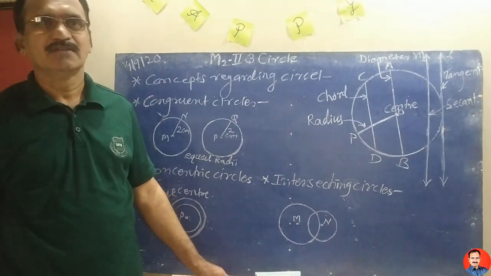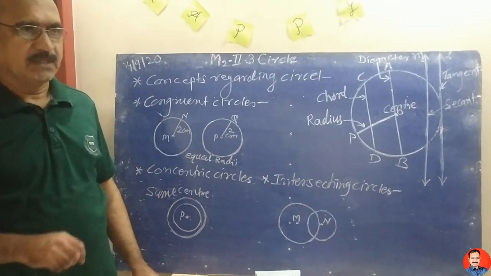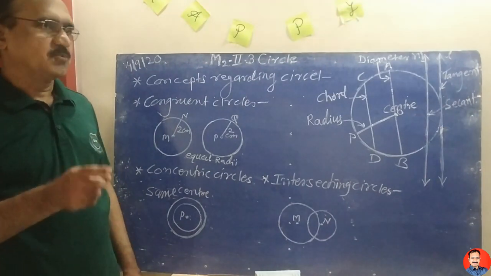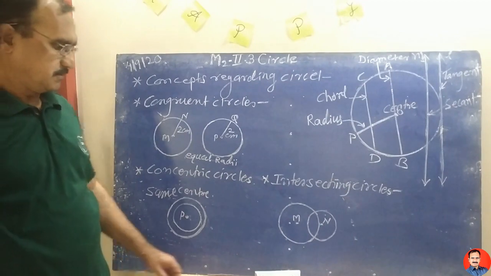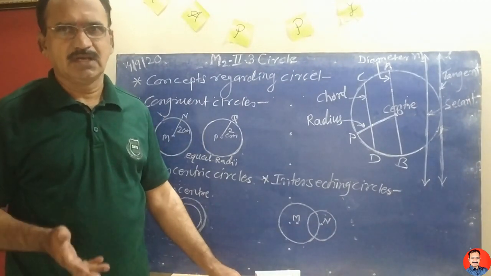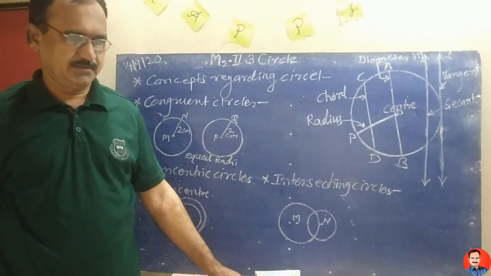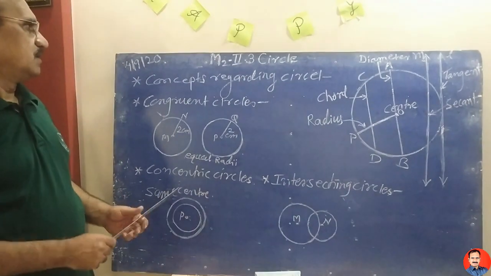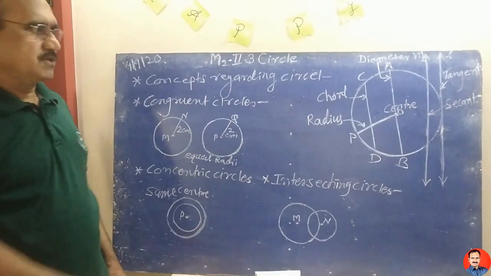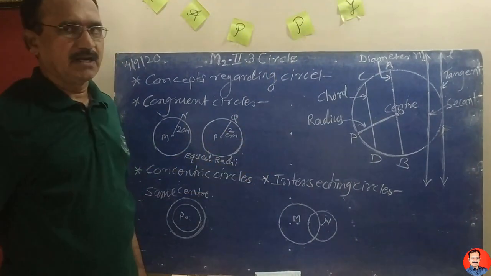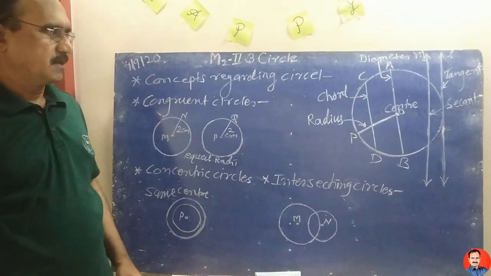Okay, very good. A set of points which are equidistant from one point in the same plane is called a circle. No need to write the definition here. You are now 10th standard students. Now we are going to see some concepts regarding circle. First, draw the circle, take any radius and draw the circle.